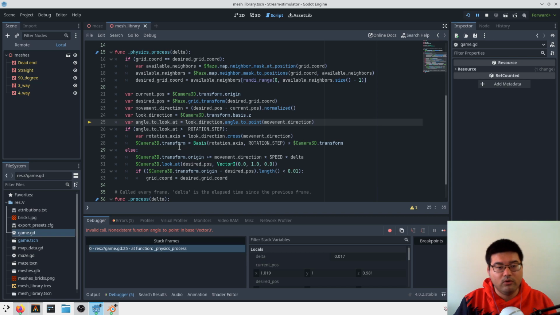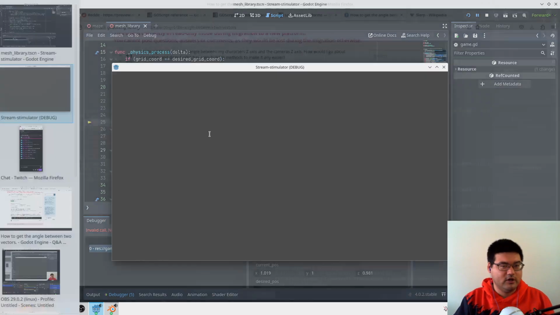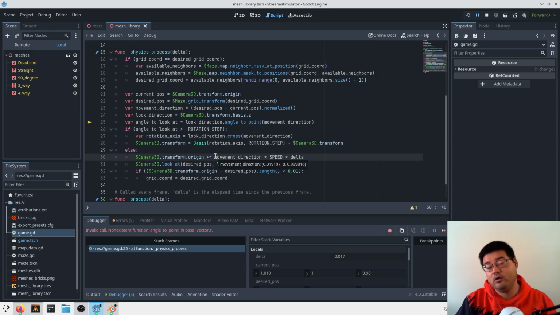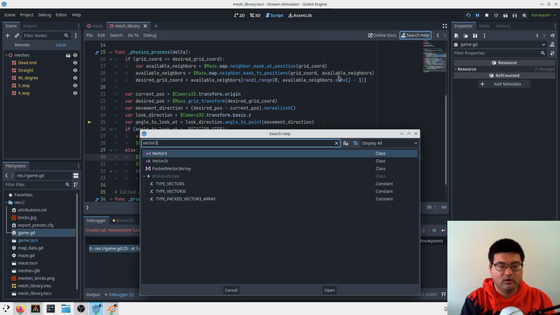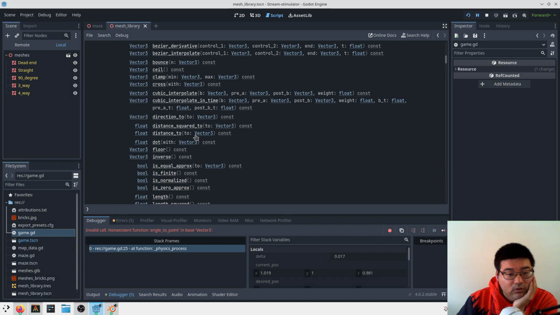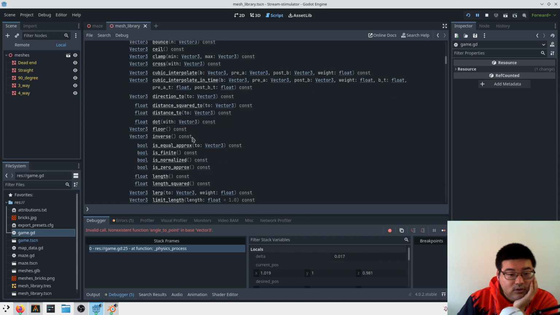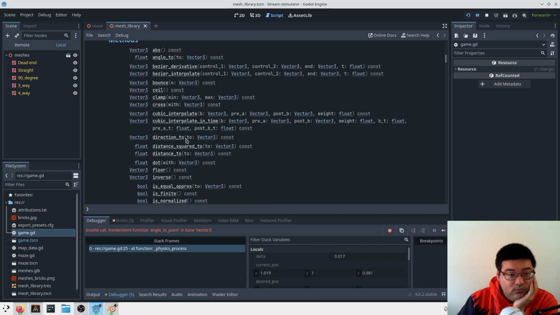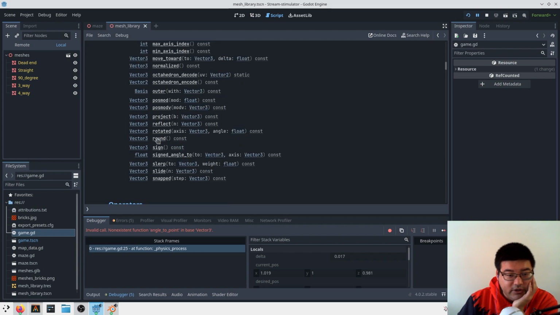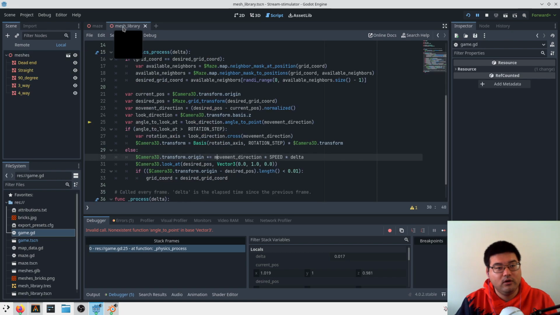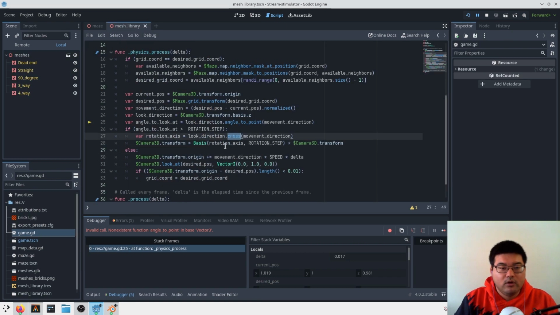That's no function angle to point, right, because this is a vector. So does vector 3 just have angle functions on this? Cross, bounce, lerp, project, reflect, rotated, round, signed angle to. Yeah, okay. Let's use that. That sounds like what we want. Signed angle to,